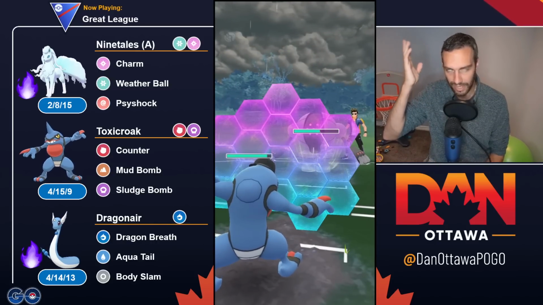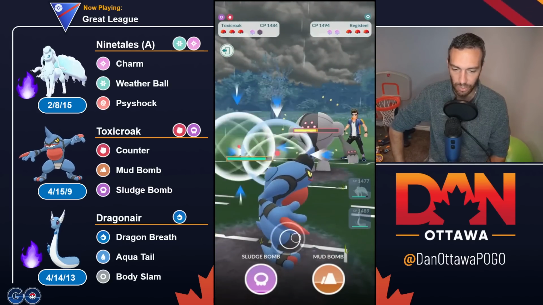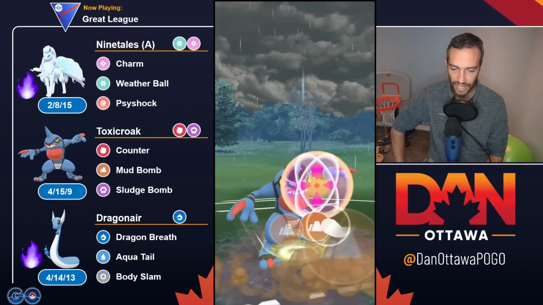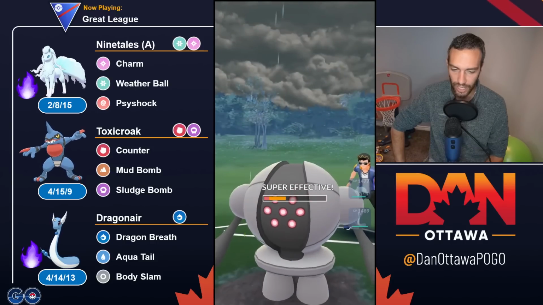Or no, not Focus Blast. Zap Cannon is going to hurt. I assume they will throw Zap Cannon, which makes sense. Lower my attack. That's fine. Counter damage is going to add up. Coming with the Medicham, but I can Sludge it and chip it a ton, which I expect no shield from